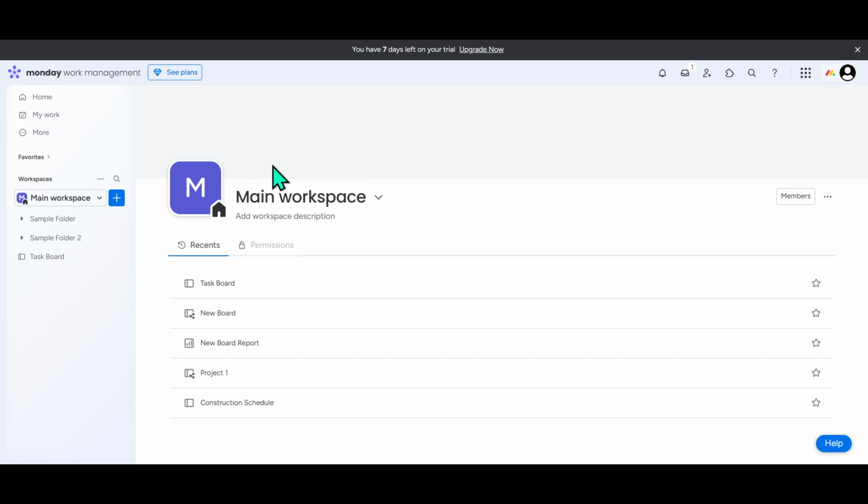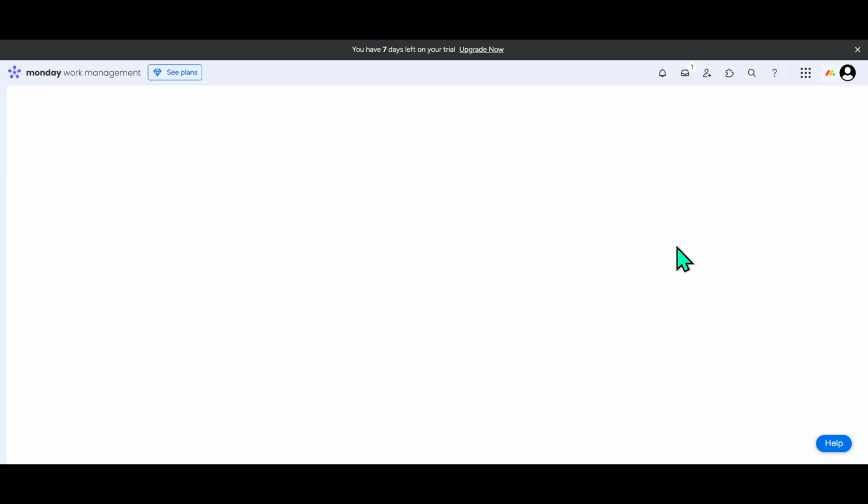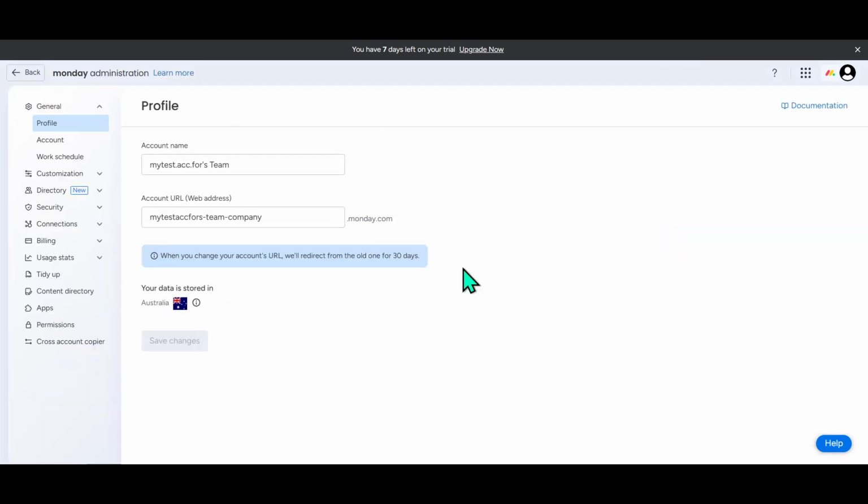To begin, you'll want to navigate to your profile, which you'll find conveniently located at the top right corner of your Monday.com dashboard. Clicking on your profile will reveal a drop-down menu. You'll want to select the administration option from this menu. This will take you into the administration settings, where all the magic happens in terms of managing the underlying details